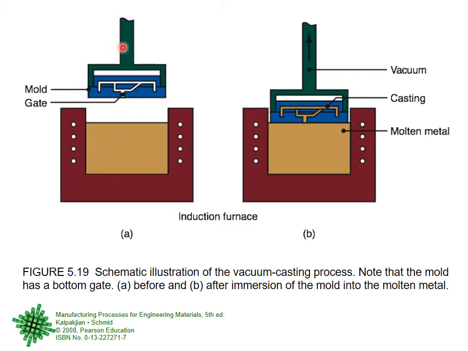Then by this piston system, you place it inside, right? You place it inside, and then you create a vacuum. Once you create the vacuum, the molten metal will go inside. The casting will now be here. You see, the molten metal will go inside the gaps. Because this gate is there, you put it here and you create the vacuum. Because of it, all the metal goes inside the mold.